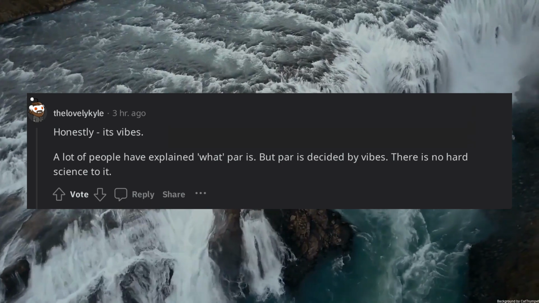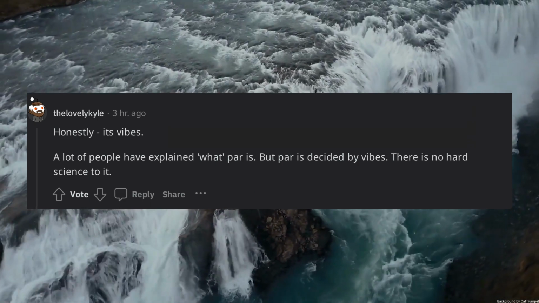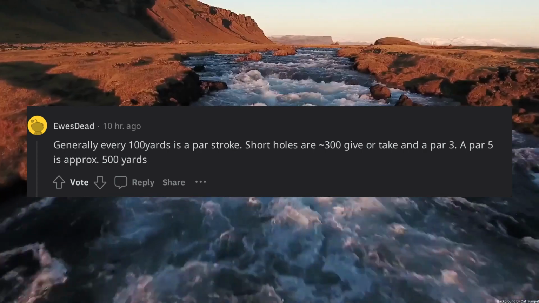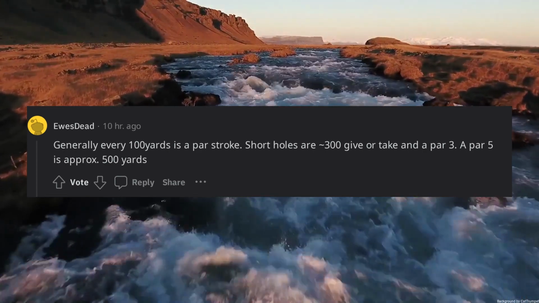Honestly it's vibes. A lot of people have explained what par is, but par is decided by vibes. There is no hard science to it. Generally every 100 yards is a par stroke. Short holes are 300 give or take in a par 3. A par 5 is approximately 500 yards,